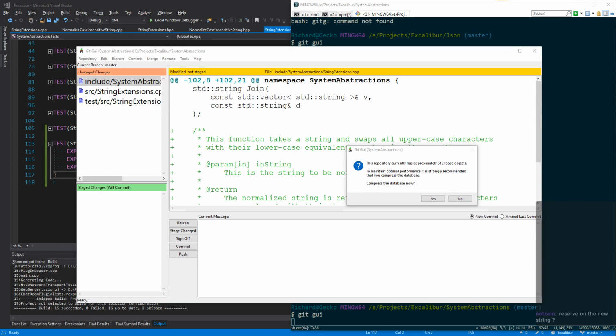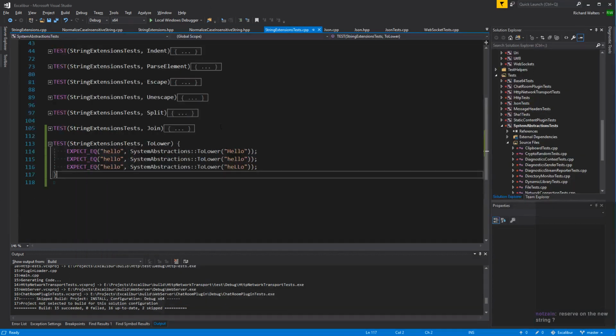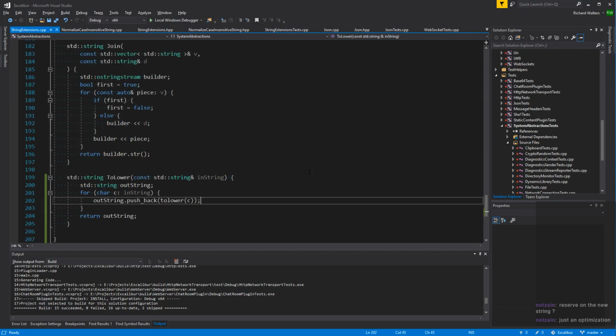Reserve on the new string? I'm not sure what you mean. Oh, you mean like, are you talking about the crypto random? Why it takes longer on Linux? Or are you talking about what I'm doing in the system abstractions? Oh, optimization. Oh.